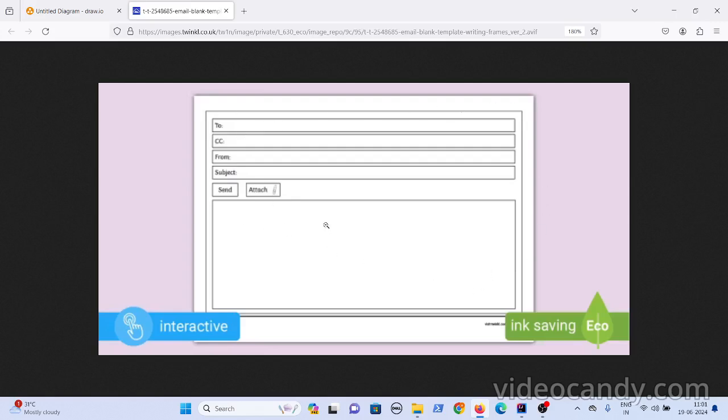So what the template does is give you an order. First you should have To here, and then later CC, and then From, and then Subject, and then the body. But the body should not be present at the top, right?